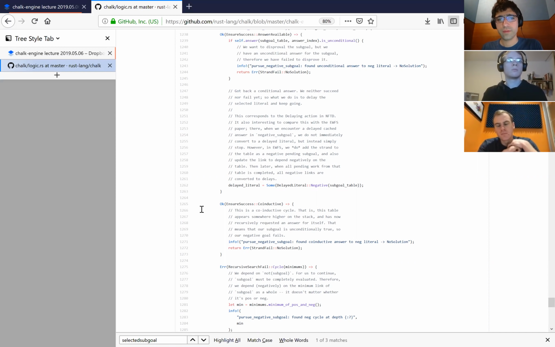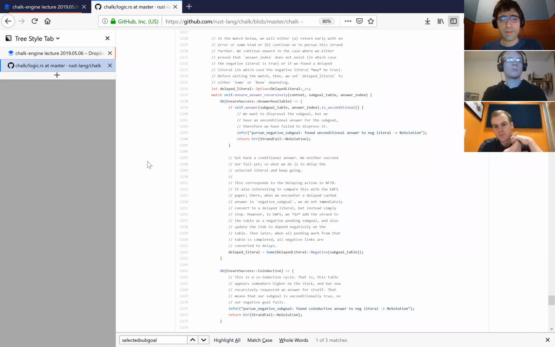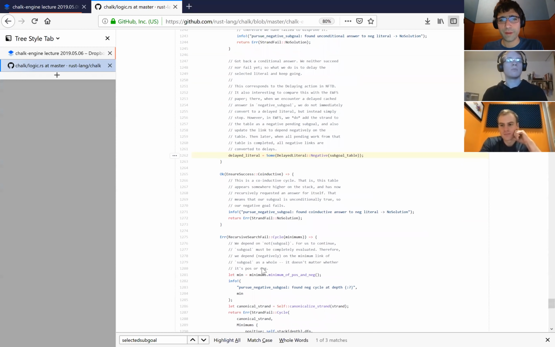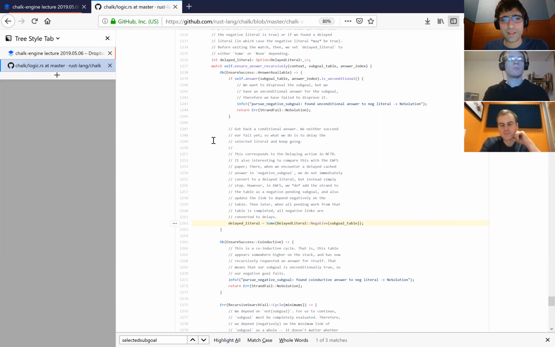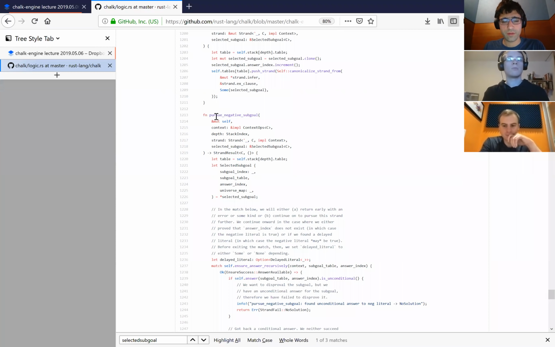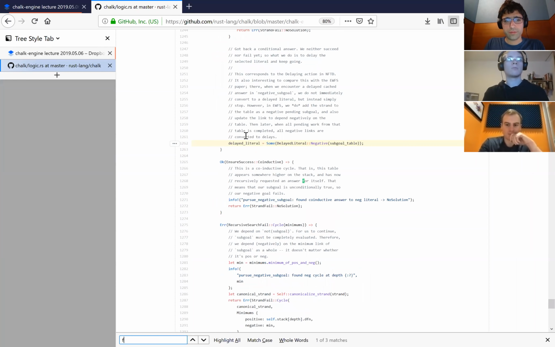and asks for other rules that could have negative in them. So maybe none of this matters, and I've been tempted to just rip out all this logic, or at least I think it would make sense to special case this delaying logic to the problem we actually have, which is the size problem, and not to this negative. But then I thought, I don't know, it'd be nice if maybe we will add negative. So anyway,